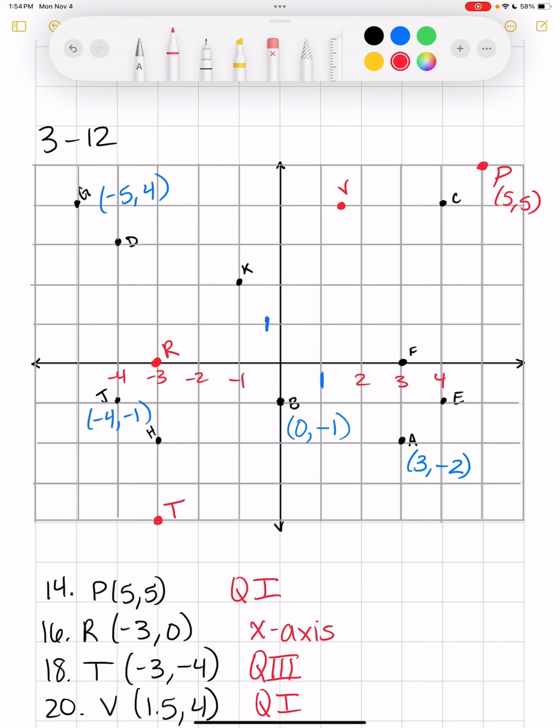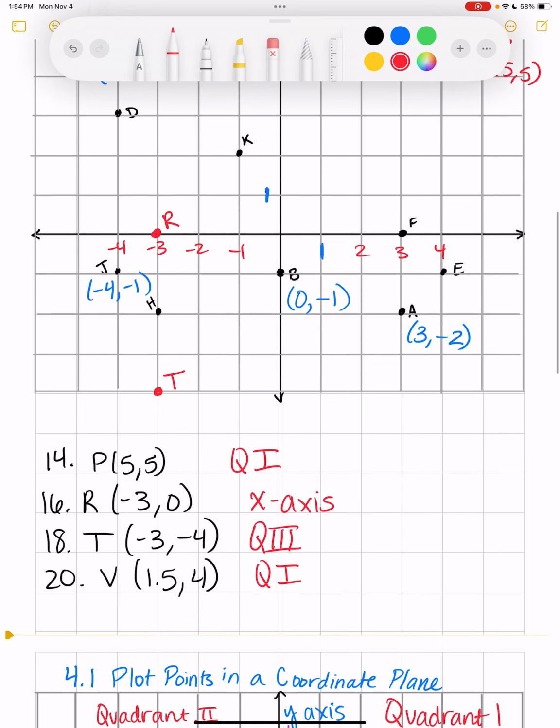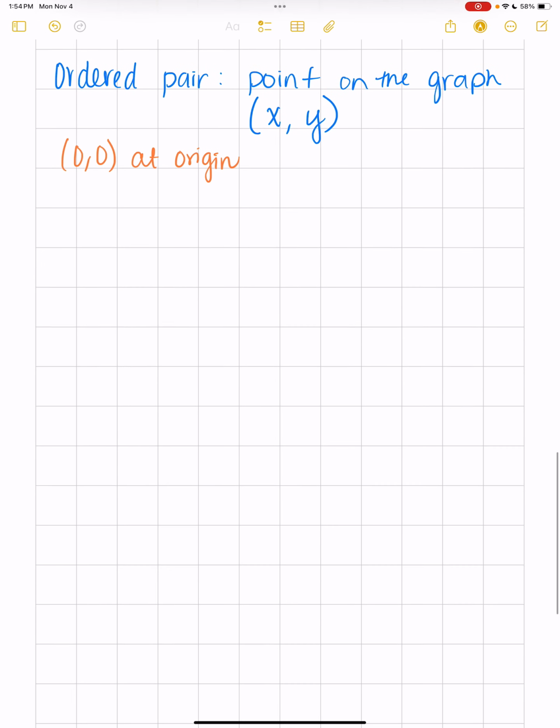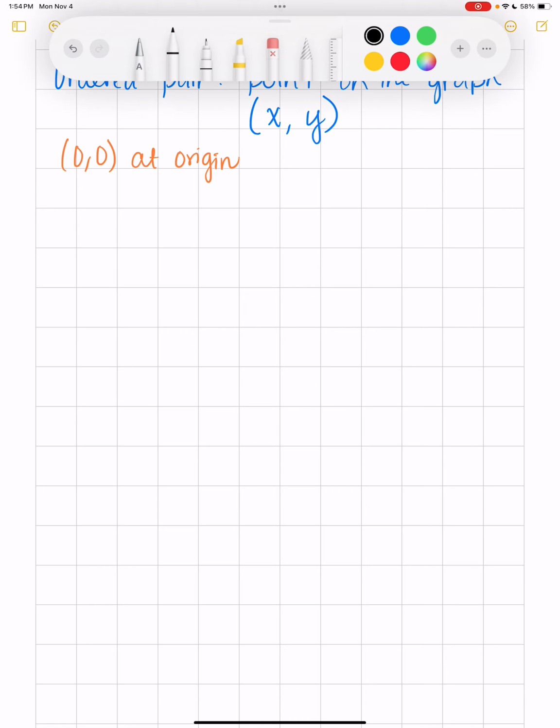All right, any questions about figuring out the location or where to put the point, anything like that? All right, the last thing I need to do is graph the function with the given domain. I'm going to go down here so that I have room to do it. So we have number 24. They give us the problem y equals -x plus 1, and they tell us that the domain, which means x values,